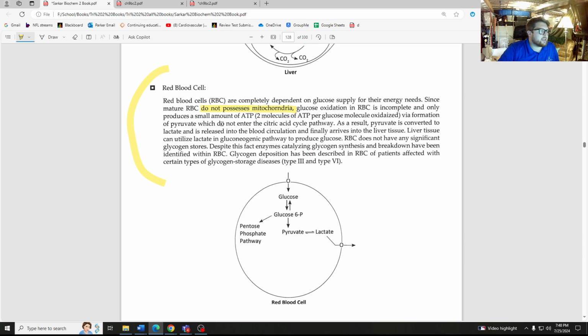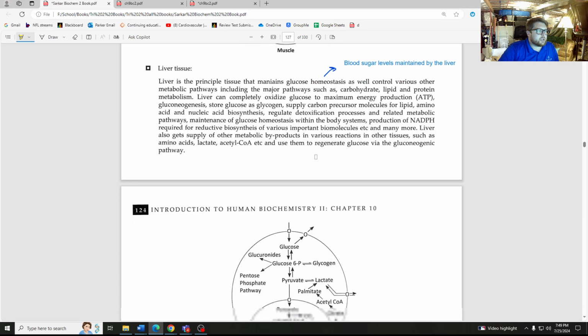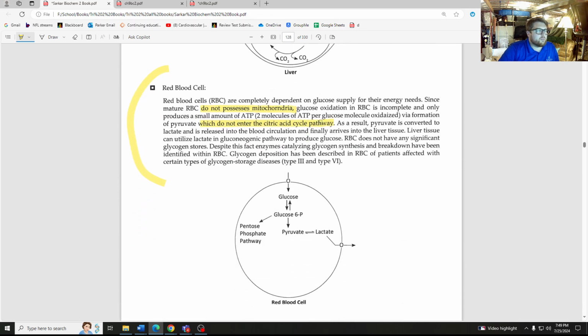These are the kind of things that you're going to be asked questions about because this is the new material. You'll have a couple of questions about old material, about all this stuff like the liver tissue, skeletal muscle tissue, but more than likely the most important questions are going to come from the red blood cell stuff, the new material. As a result, the pyruvate is converted to lactate and is released into the blood circulation